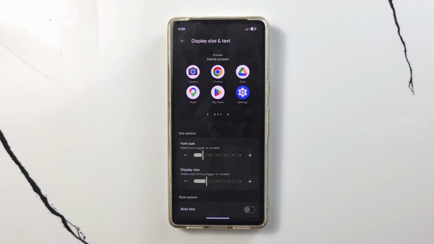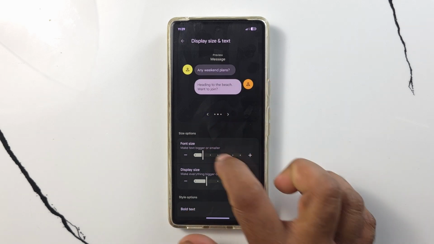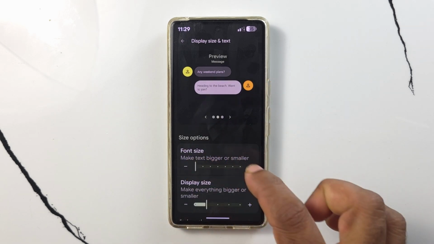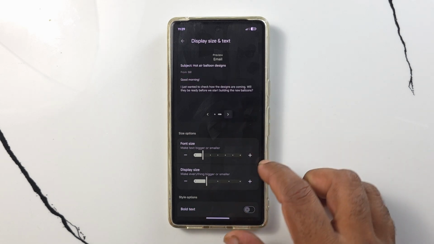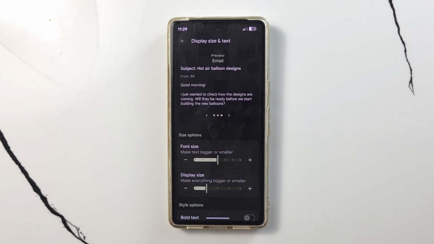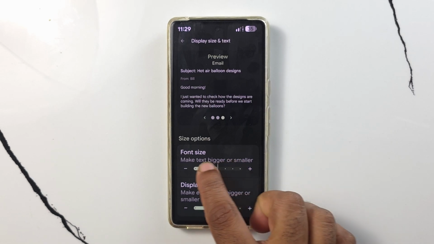Then you can see the screen text matters areas. You can simply swipe right side or left side. Then you can see which area is affected, and also some samples. So simply drag this font size slider inside, and you can see how much difference is happening in different areas. So you can set any size which is correct for your eyesight, and whenever you are adjusting